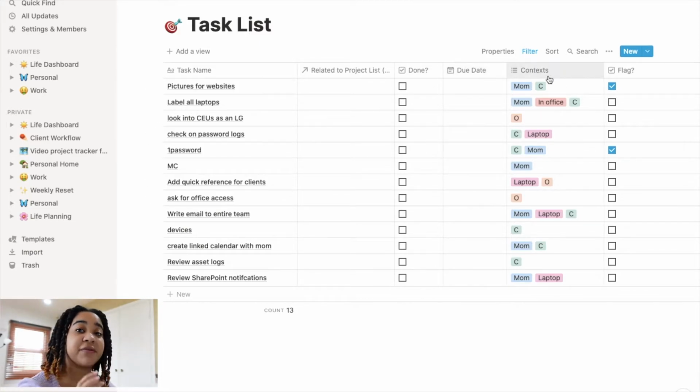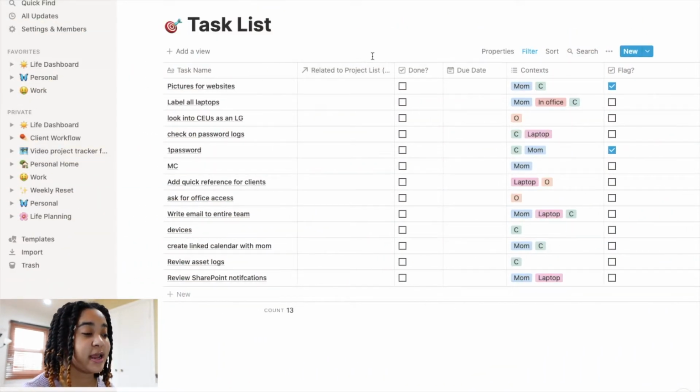And then also I have different contexts, because the contexts that are relevant in my personal life are not relevant in my work life. So I need to differentiate between those. But as far as the areas that are on this task list, they're the same as the areas that are on my personal task list, in that I have a task name related to projects list, done, question mark, due date, context, and flags. I also do have a notes area here, which I've taken out for this video